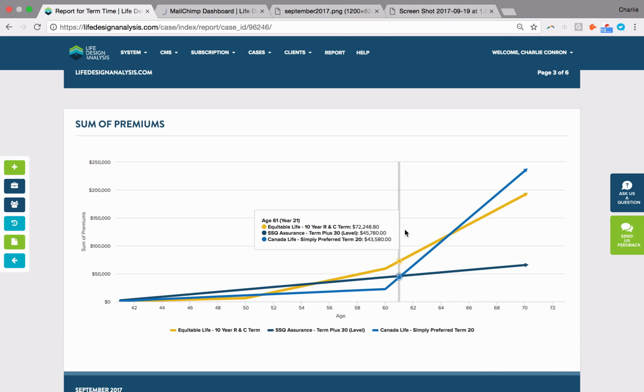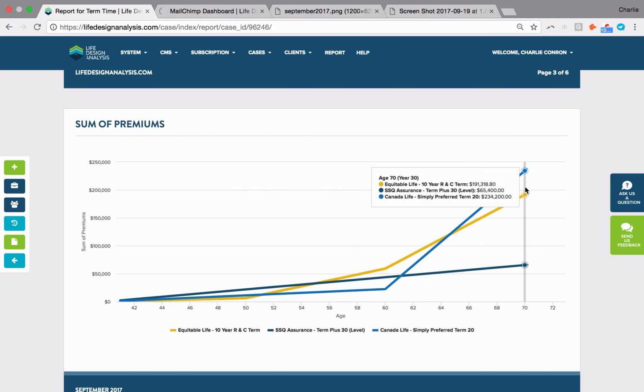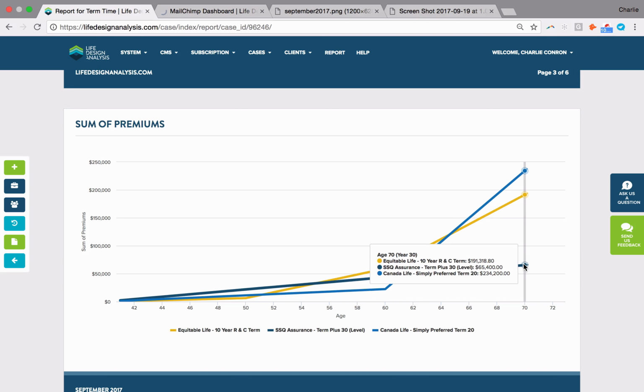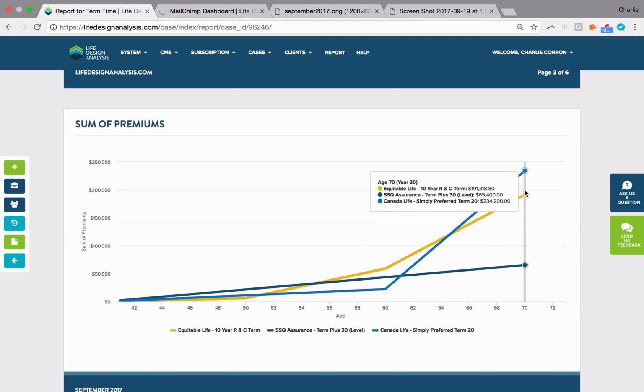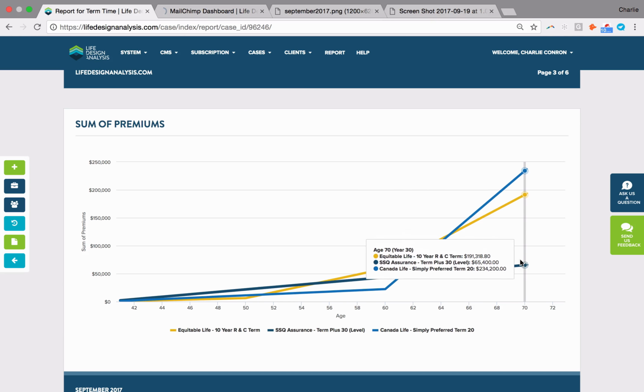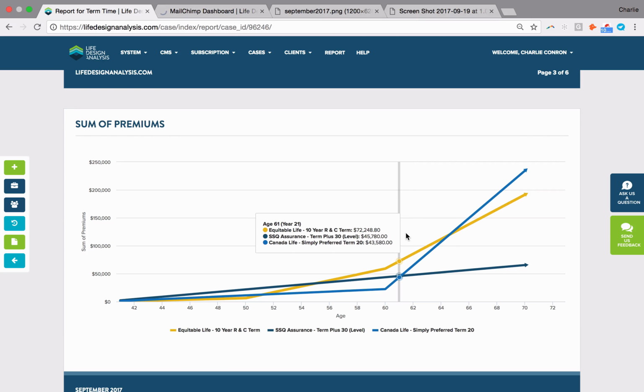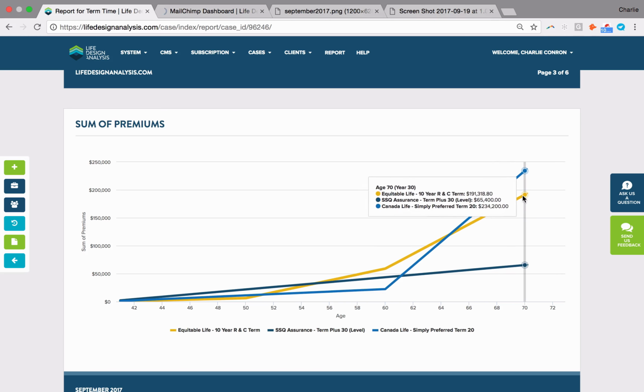When do you want your insurance to end? So do you want your insurance to end at 60? Not likely, especially if someone answered, well, when I die or when I retire. Again, do we want our insurance to end here at 70? And if 70 is the answer or if retirement's the answer, we want the most affordable coverage. And that helps them see the benefit of a certain length of product matched to their time. So by asking one simple question, when do you want your insurance to end, we might be able to better fulfill their needs.